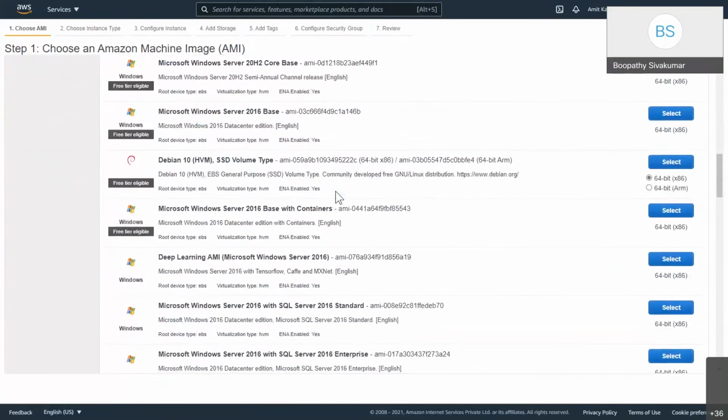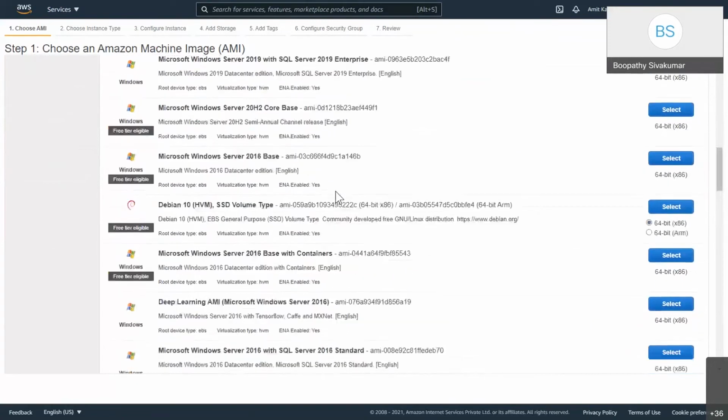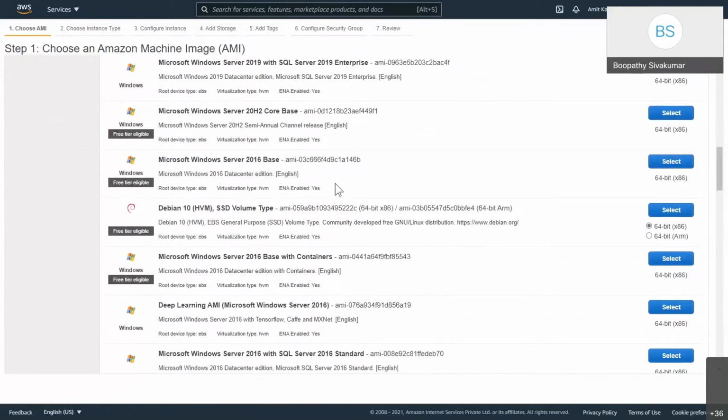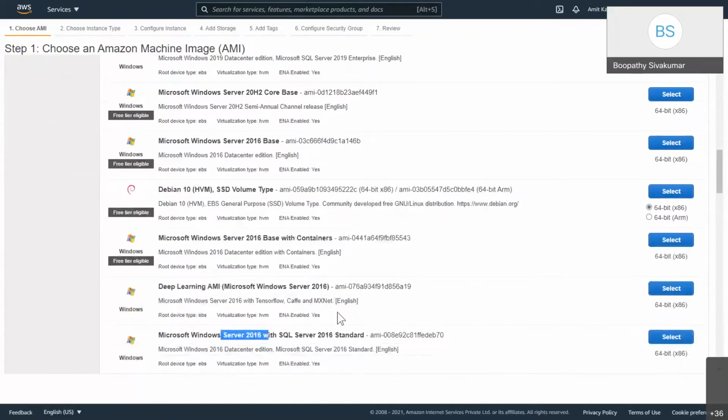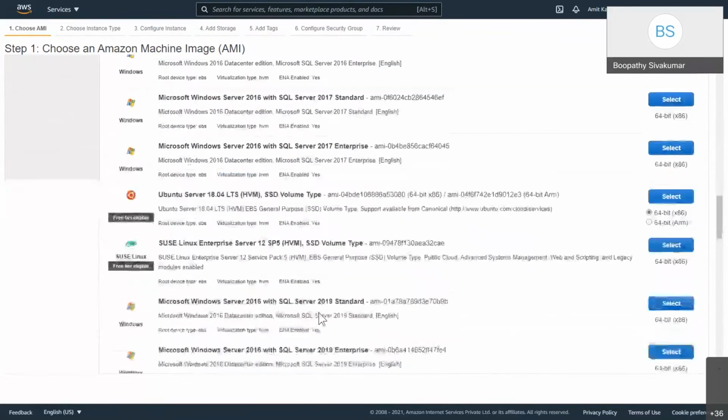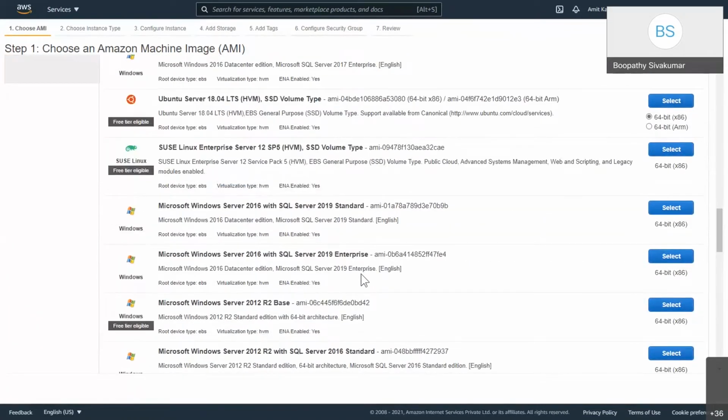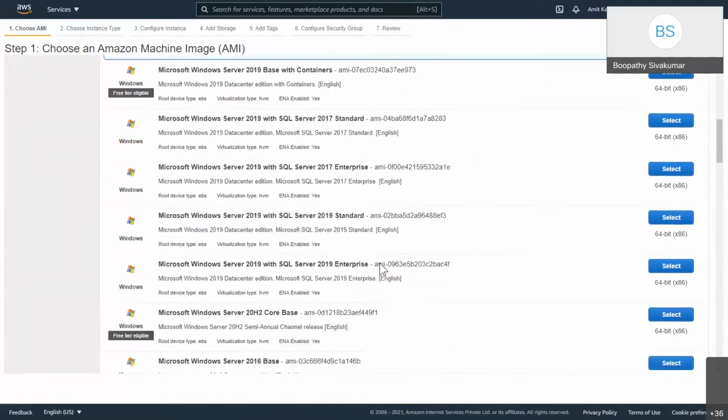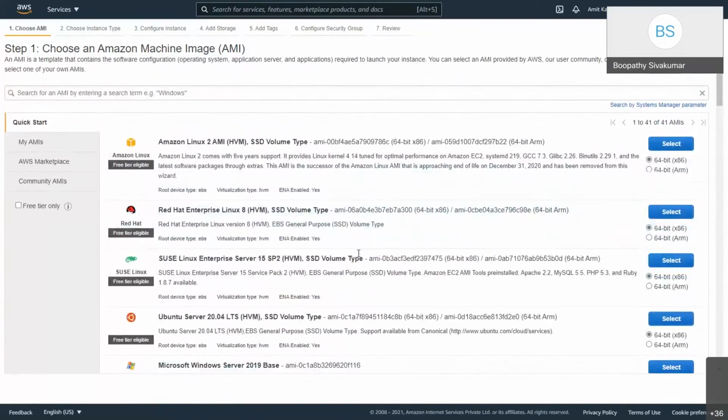When it comes to Windows, most of the Windows AMIs will be Windows Server, like 2016, 19, 2020. Some will have containers, some will not. There are enterprise editions and standard editions, so with Windows there are a lot of different options available.